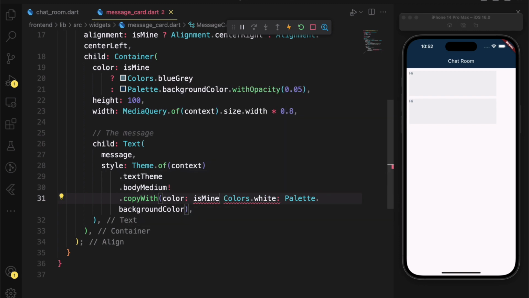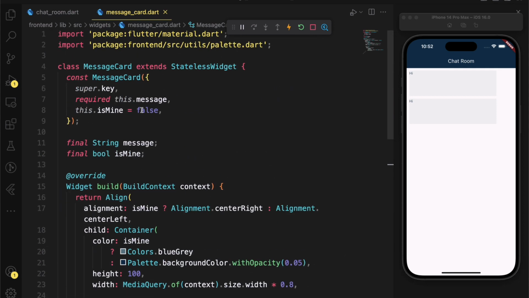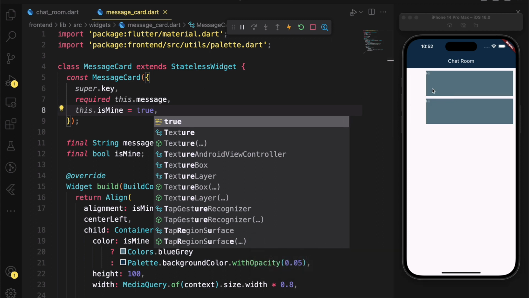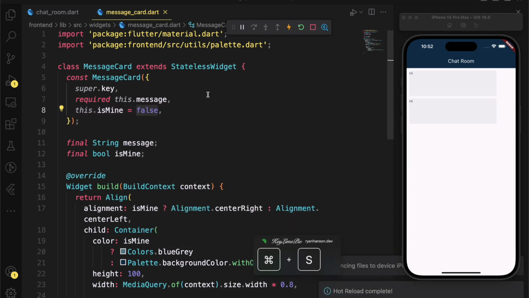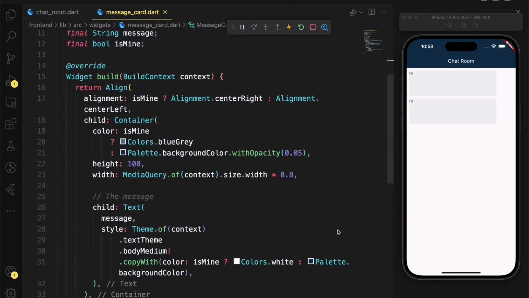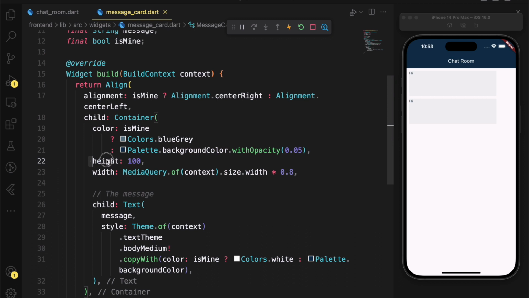if the message is mine. So mine is now referring to the current user. So if the message is from the current user, then we change the text color to a different color so that it becomes a lot more visible on the screen. Just how it works.